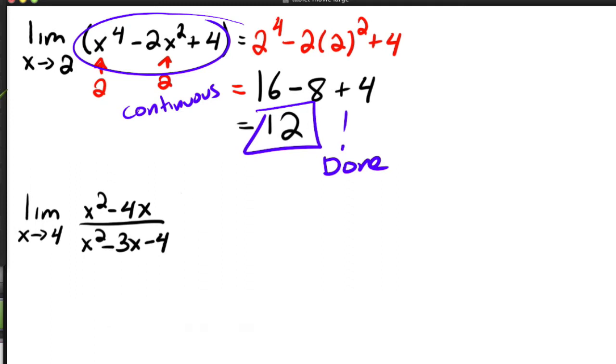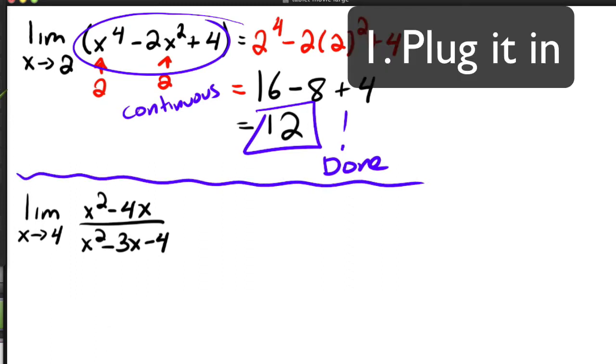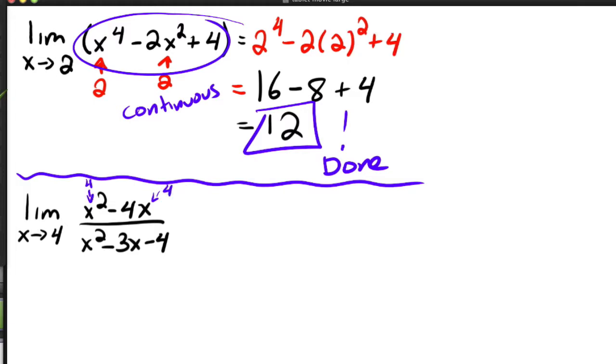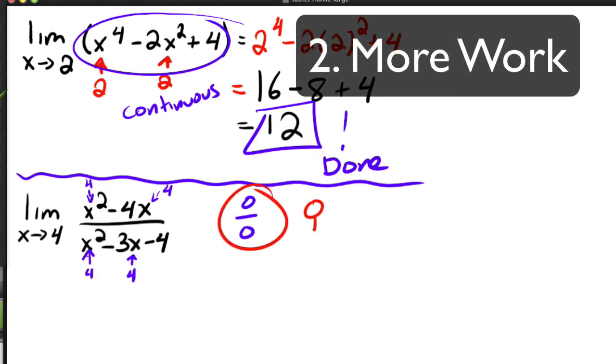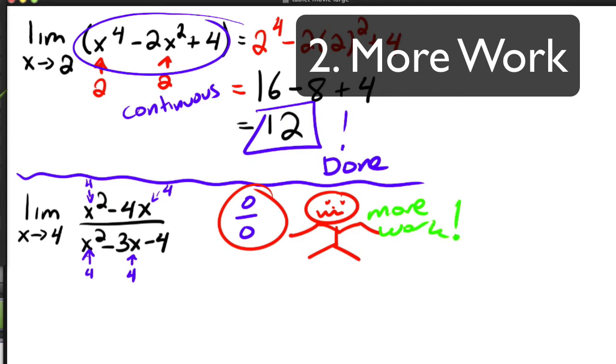Okay, so then we've got this next one. And in this one, we plug in 4 into the top and the bottom. And notice this time you get 0 over 0, which just means, hey, hold on, I don't know what to do. Oh, you gotta do more work, buddy. Okay, so more work just